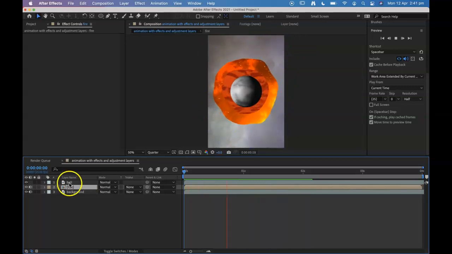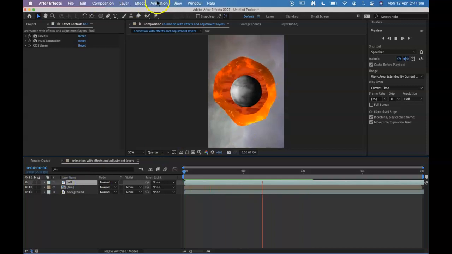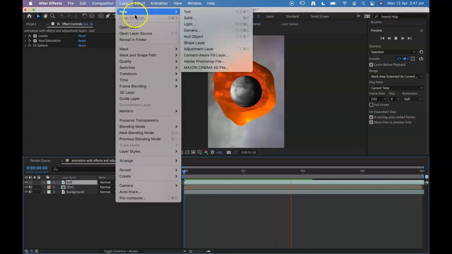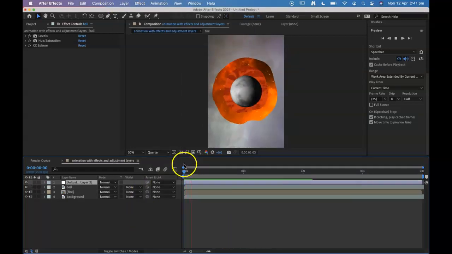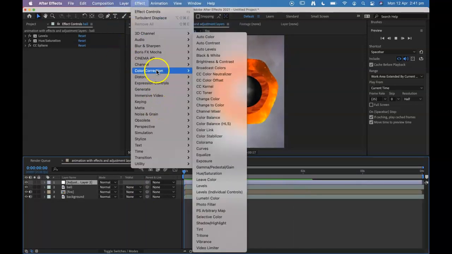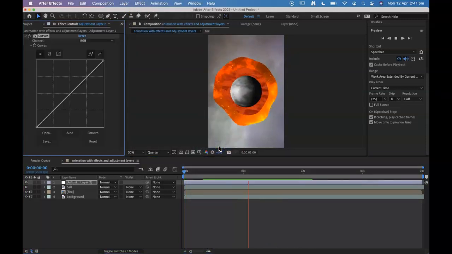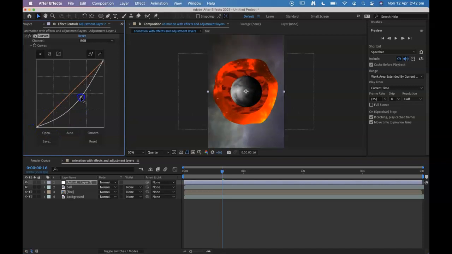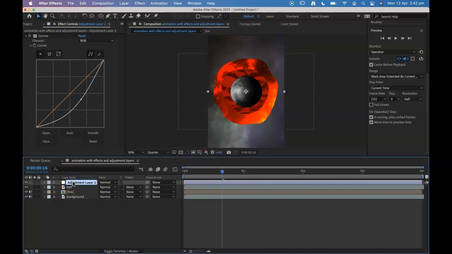Adjustment layers are editable in themselves. Let me set up a new adjustment layer. I'll put it right up the top, and I'll quickly add some curves. Be familiar with curves, and this is going to affect everything. Should affect everything. Here we go. Yep. Just wasn't updating for some reason. Everything underneath there, so all of the layers from the adjustment layer at the top, and I'll just change that